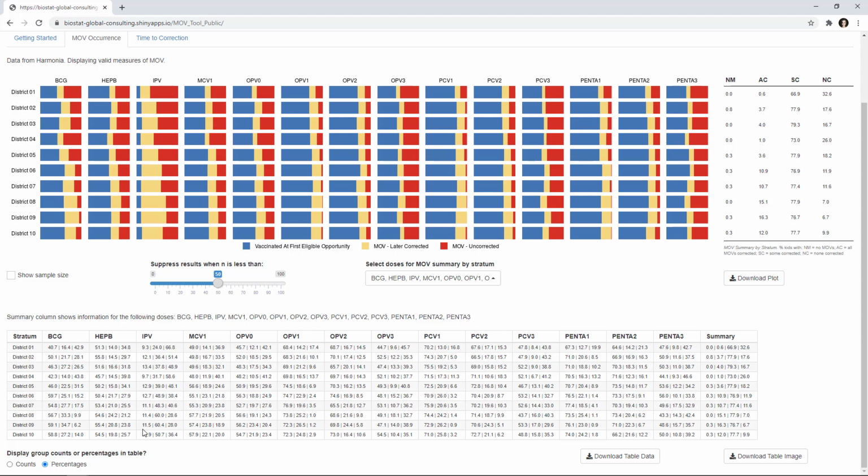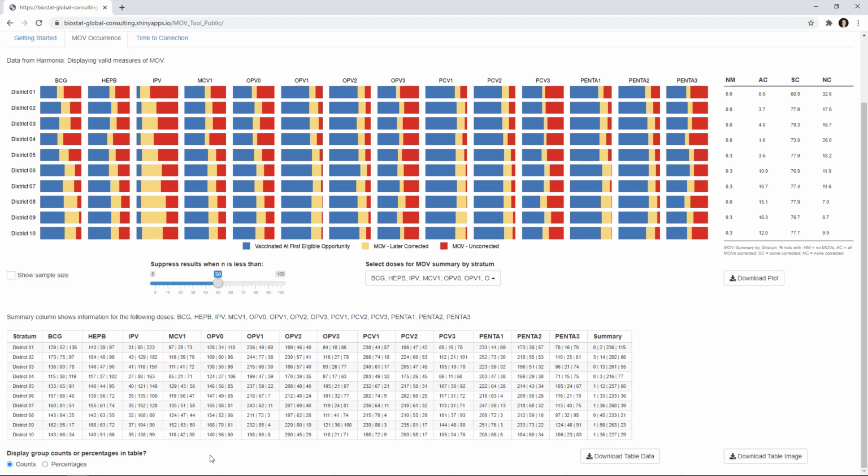The summary column of this table shows the same information as the tabular portion of the graphic above. It shows a stratum-level summary of kids with no MOVs, MOVs that have all been corrected, a mix of corrected and uncorrected MOVs, and MOVs none of which have been corrected. When this table shows percentages, then these numbers in the summary column are exactly the same as the numbers that are displayed in the tabular portion of the output above. If I switch this toggle back to counts, I'll get the raw counts of children who fall into each category